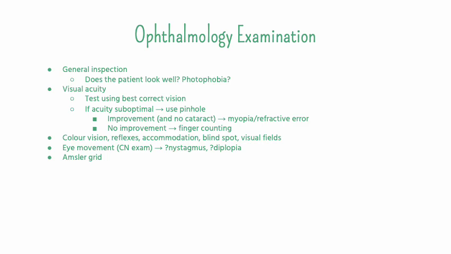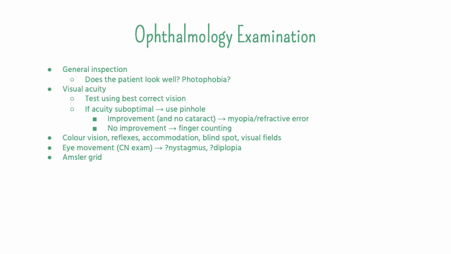I have included the Amsler grid on the slide, but it's not usually a test done in the GP setting. Rather, it's a tool given to patients, particularly those with macular degeneration, to use every now and then to determine whether or not there are any changes to their vision. Patients usually will have the grid on the fridge so that they can test their vision whenever they're going to the fridge. I've popped an additional resource in the comments. It's quite specific because it's more tailored towards GPs and relevant